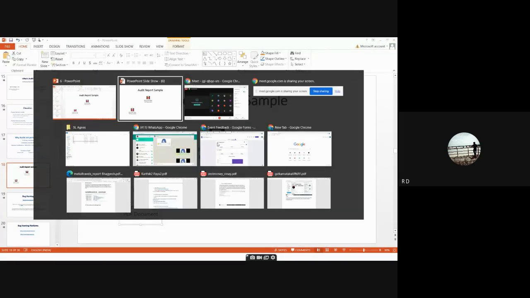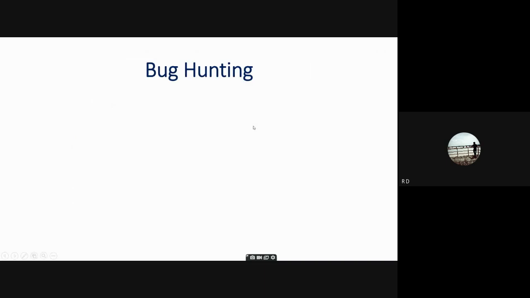And the next thing to discuss is something called bug hunting. What is bug hunting? Bug hunting is basically finding bugs, finding bugs or loopholes in an organization. Here, what's happening is many companies nowadays are going for bug bounty programs where, instead of hiring